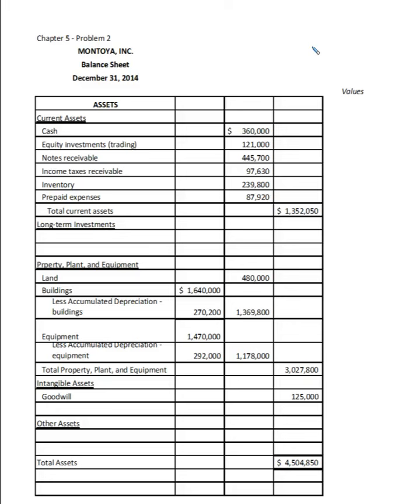Okay, so here we have problem 2, and I just kind of want to talk about it some because we have these different categories for assets. Current assets. Well, you have to understand what the word current means. So your textbook's going to define current assets. Any of those are going to be used, sold, or converted to cash